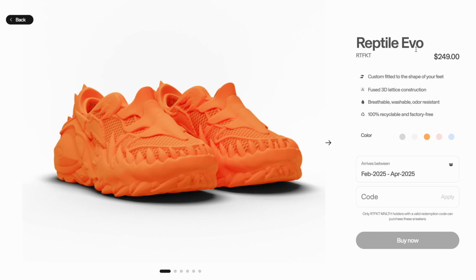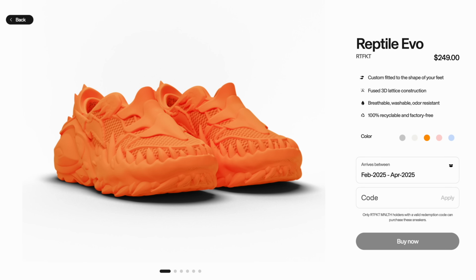And then finally, you've got the Reptile Evo, which comes in at $249. Again, you need a code for this one. This is a pretty wild looking sneaker as well. Comes in those same 5 colors. I don't know which one's my favorite out of these. I think black is probably my favorite across the board, except for maybe that last one. I think it looks better in tan. But honestly, these are